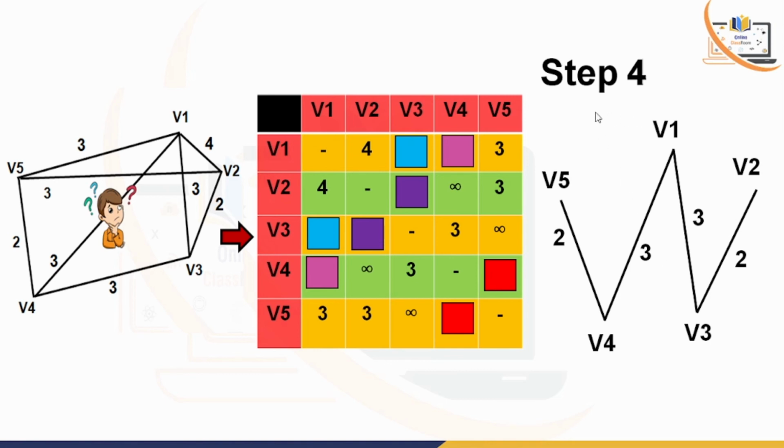Now in step 4, observe that all the vertices of the graph, that is V1, V2, V3, V4 and V5, are connected to each other. So that is the required spanning tree, since it does not create any kind of circuit. So using Prim's algorithm, finally we get the required minimal spanning tree, and in the next phase obviously we have to collect the weights of the minimal spanning tree, and the weight will be nothing but 2 plus 3 plus 3 plus 2, and the total weight will be 10. So if we add all these weights, we get 10.